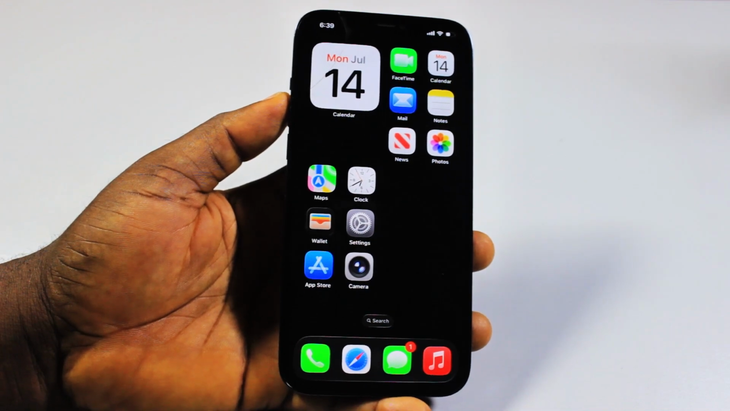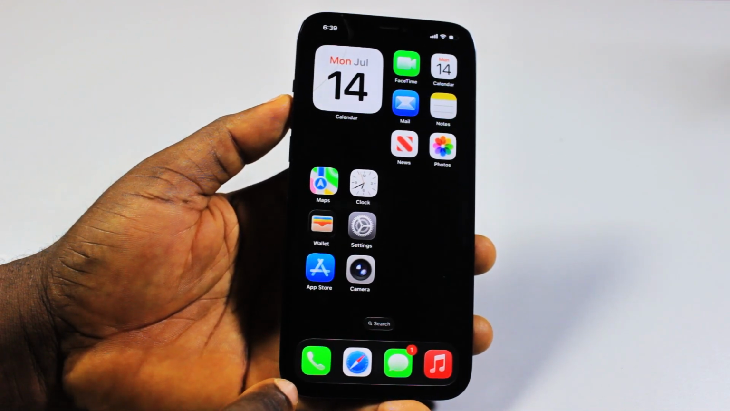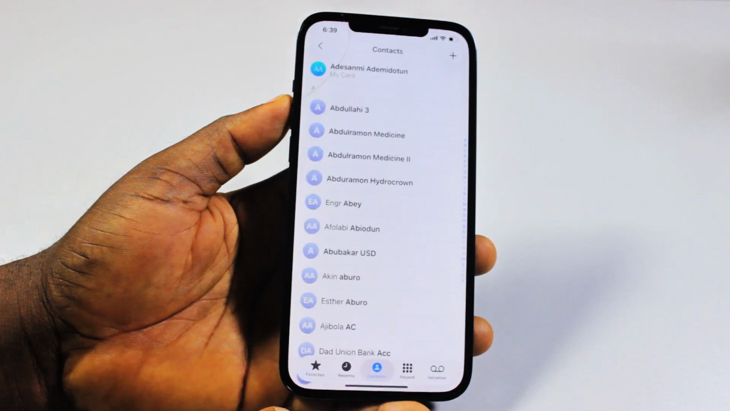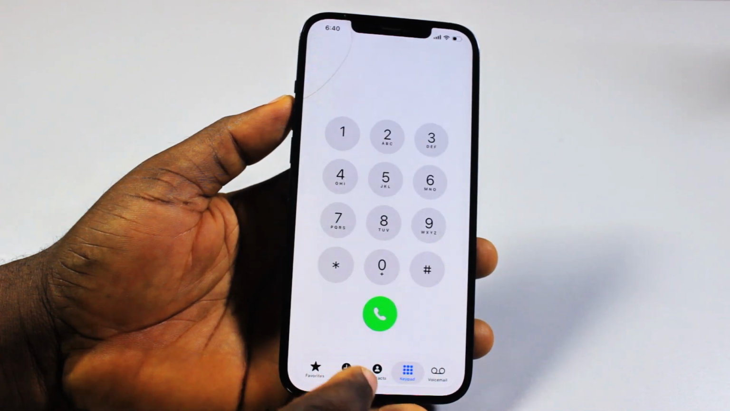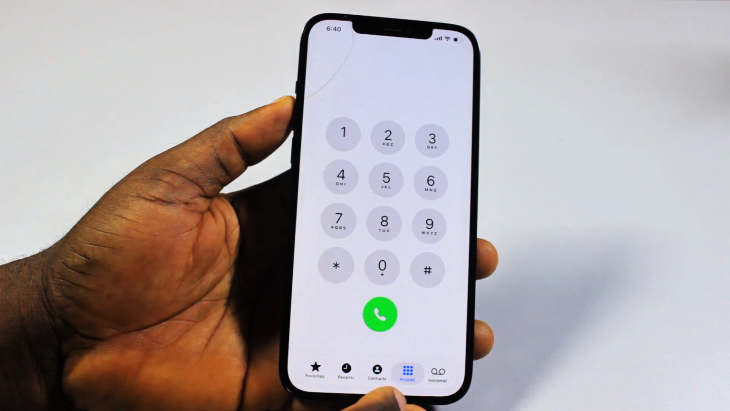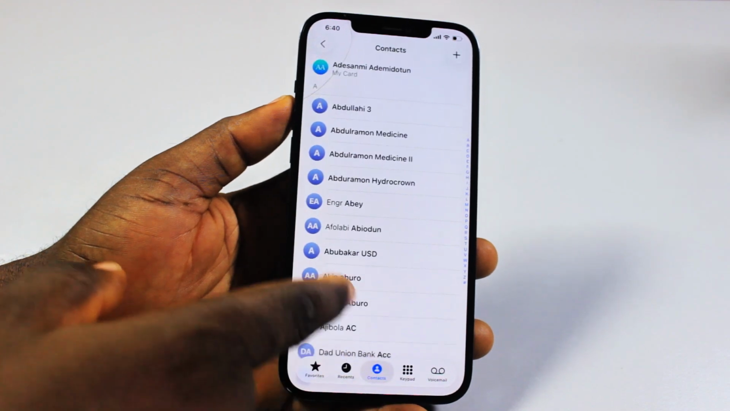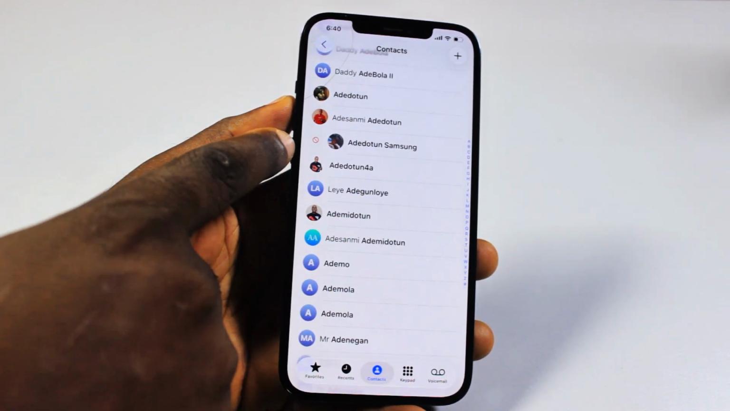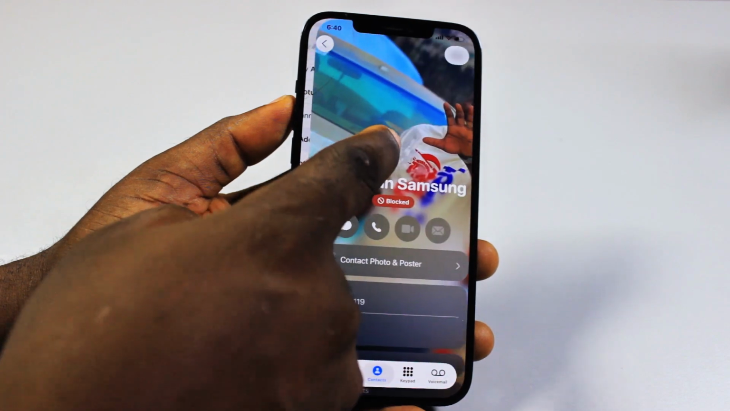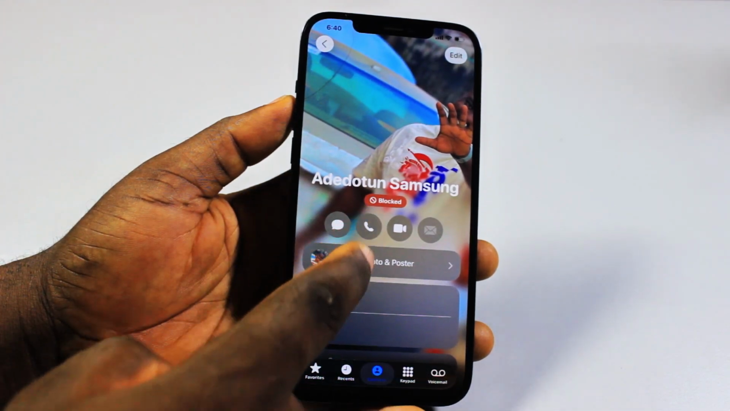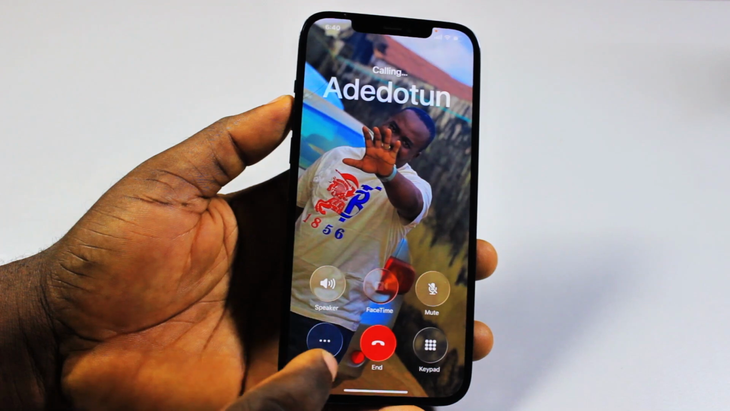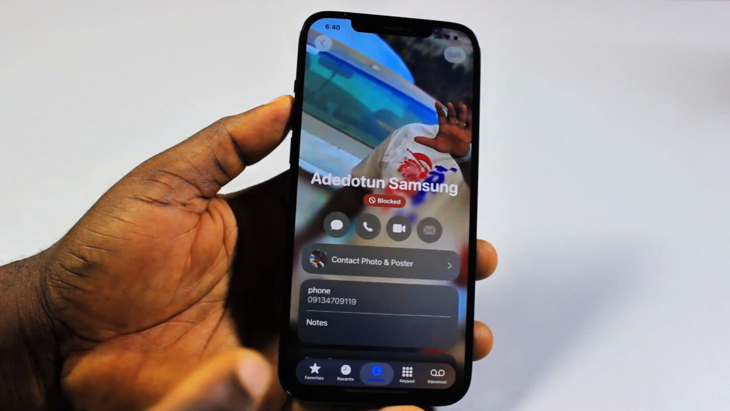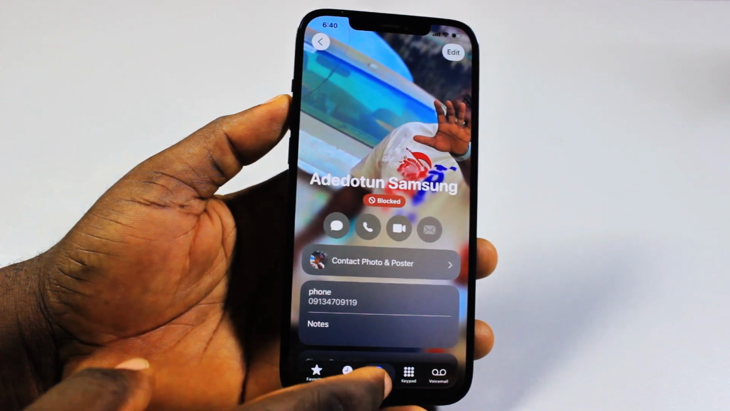Now, for you to be able to call this particular blocked number on your iPhone, you simply need to go ahead and click on the phone app, then click on the keypad and dial the number, or come to the contact and locate the contact you blocked. Click on it once, then click on the phone app, then click on phone. You will be able to call this contact on your iPhone, but the contact will not be able to call